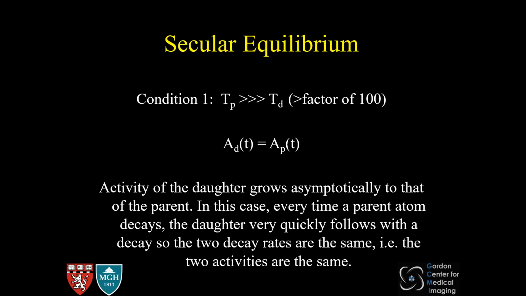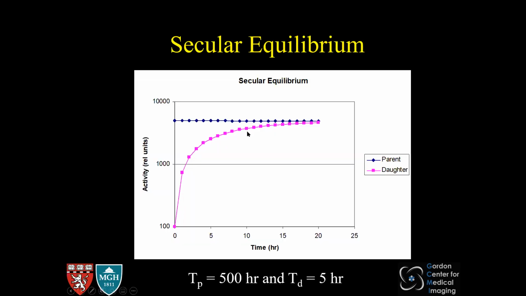Right, so the first one is when we have secular equilibrium, and this is when decay time of the parent is much, much higher than that of the daughter. All right, so this means that the parent is decaying much slower than the daughter, right? And what this means is you start with all parent and no daughter, and over time, the daughter activity is going to rise asymptotically to the amount of the parent. But now the activity here, remember, is we're measuring disintegrations per second. This isn't in number of atoms, right? And so eventually, if the decay time of the parent is much, much slower than that of the daughter, eventually the equilibrium you're going to reach is when,